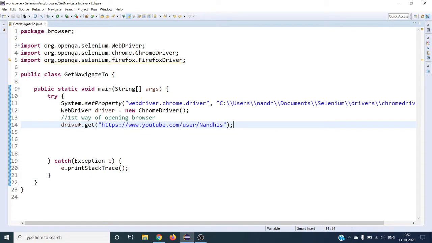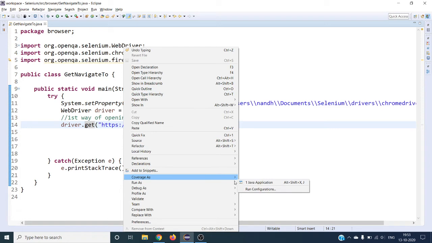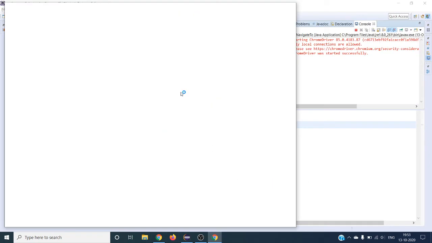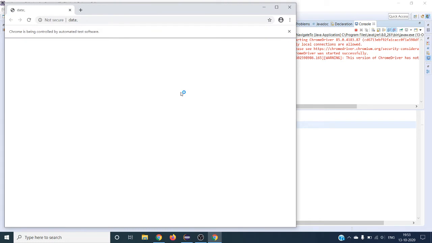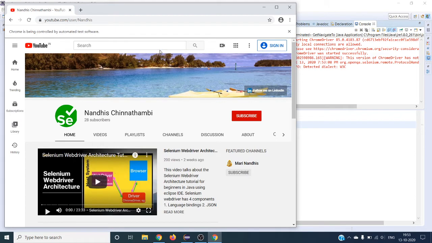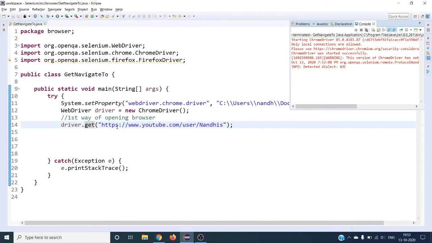The first way is the get method. Let's see how it launches. It opens the browser and it is opening the URL we have given. These are the three different steps to open your browser and launch the URL.